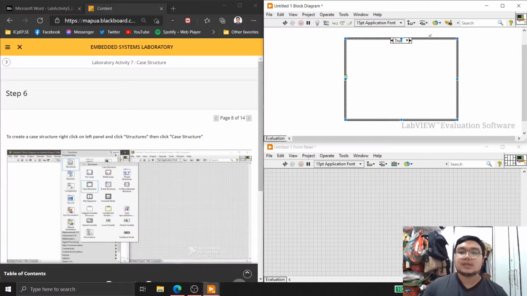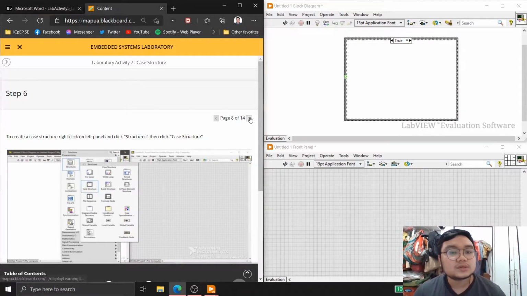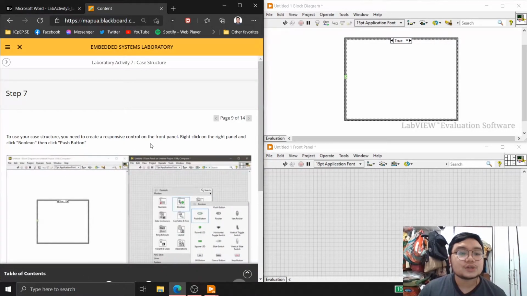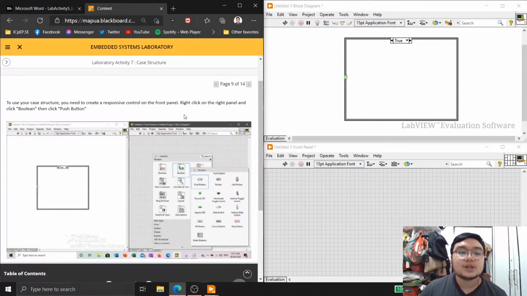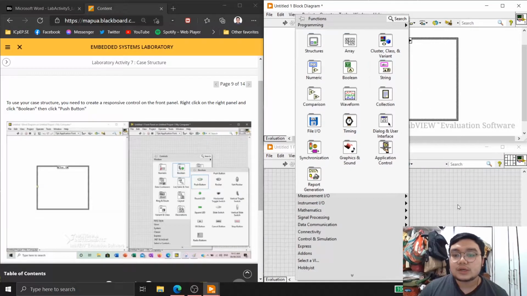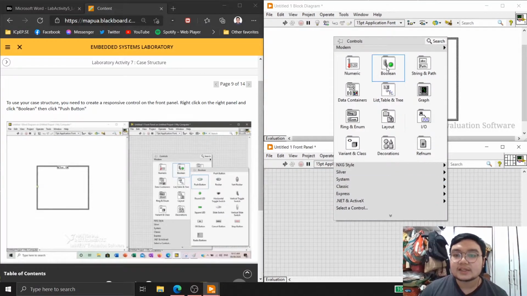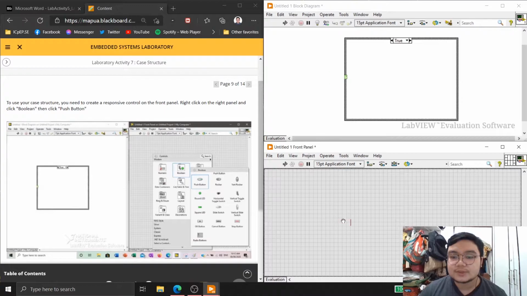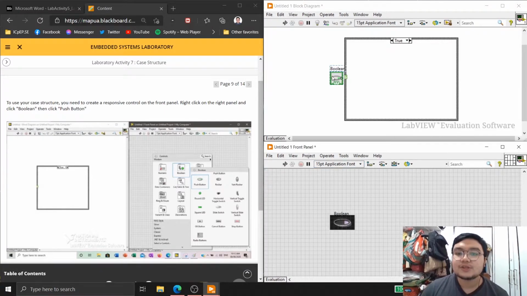So as you can see in the block diagram. So next part, to use your structure, you need to create a responsive control on the front panel. So right click on the right panel and click Boolean, then click push button. So in the front panel, right click, then Boolean, push button. So place push button here, and then the push button in the block diagram will pop up, and then just